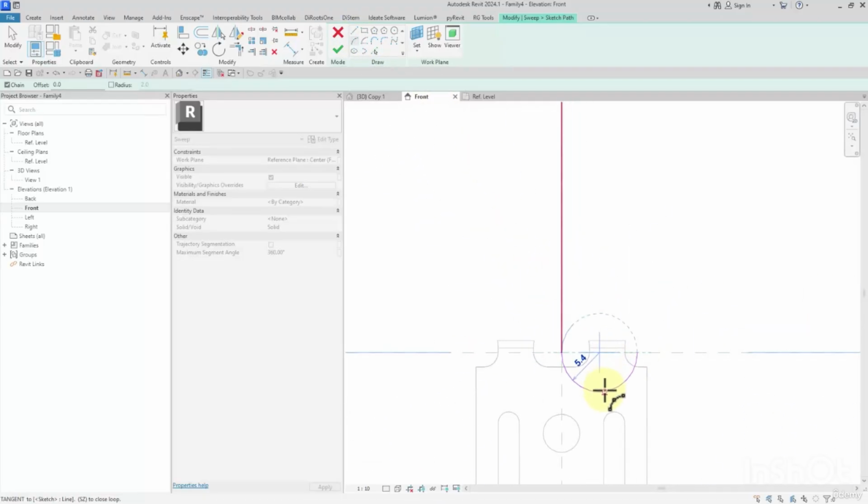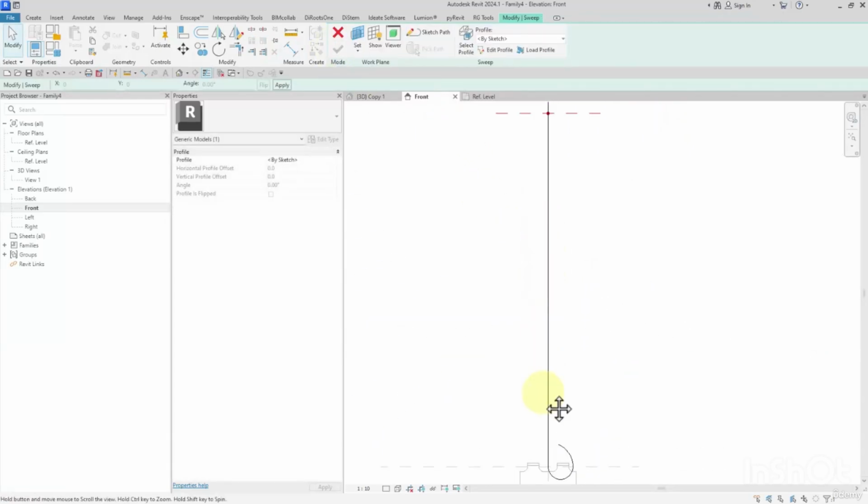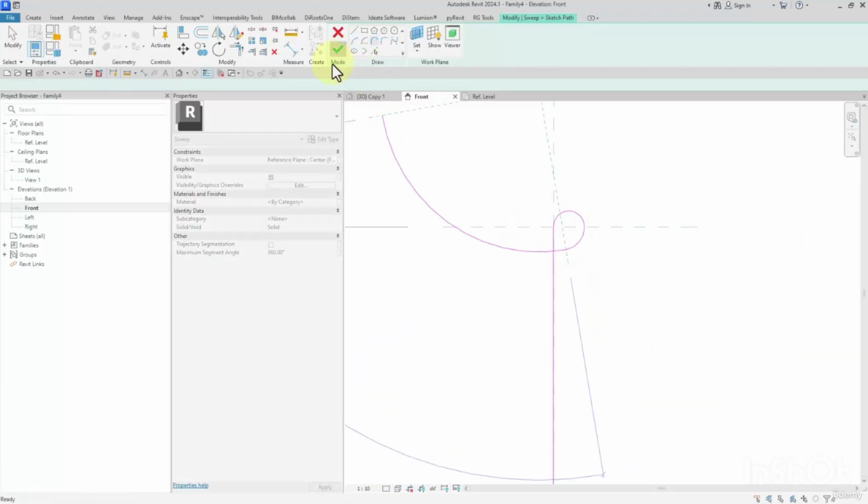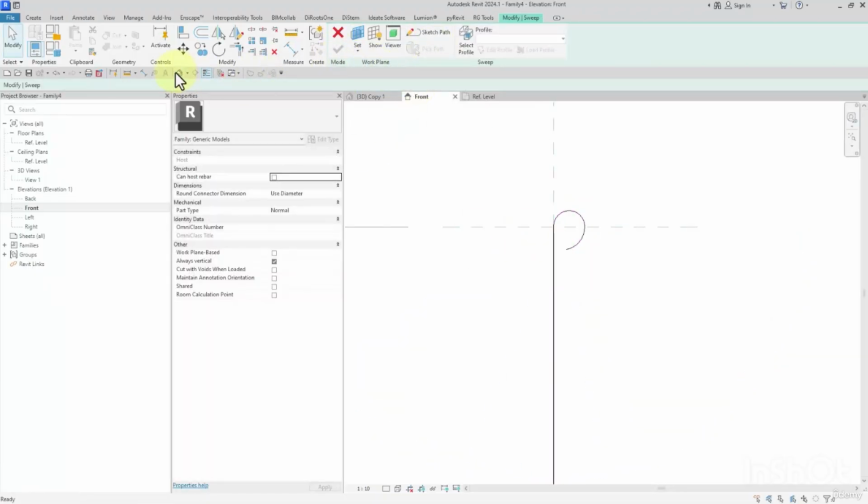Then I add an arc like this way using tangent, like this way, by this way. Then for the top part, that is going to be anchor bolts. Then I'm gonna use tangent again, like this way. I model a hang for it. Well done, finish. Then I open the 3D view,